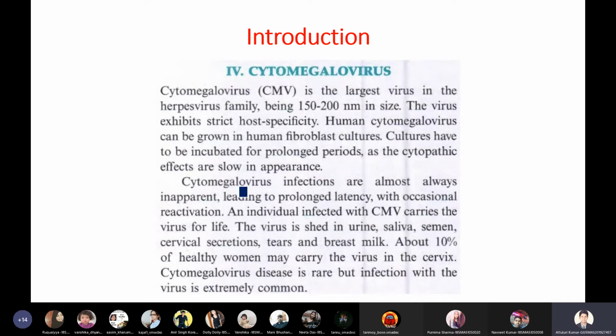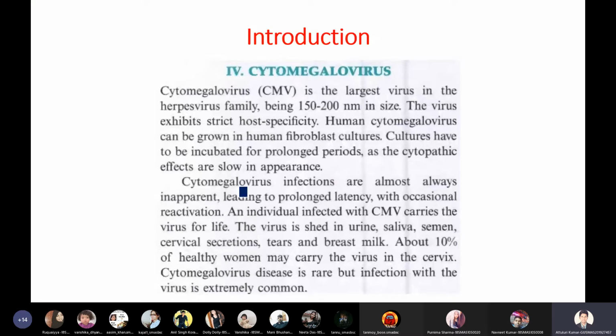The cytomegalovirus target location is our neural cells, actually our brain. So it will stay in our brain as a permanent latent infection until our death. The virus will be present in our body, but we won't get any signs and symptoms. But during sexual intercourse, the virus can be transmitted through semen or vaginal secretions. The baby will get affected by the viral infection, which is cytomegalovirus. This disease is very rare, but infection with the virus is extremely common. So cytomegalovirus disease is very rare.